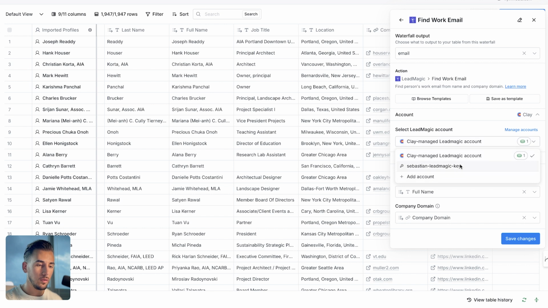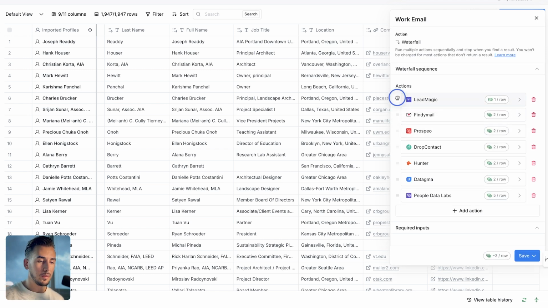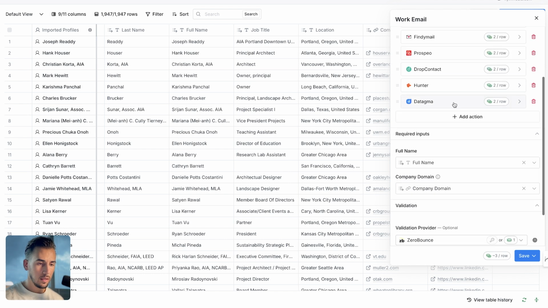You can always use your API key, or you can use credits, depending on some providers that you may use more regularly. So we're going to put this one first, and then we're going to go ahead and use the other ones. We don't need to use the very expensive ones. That's going to be fine.